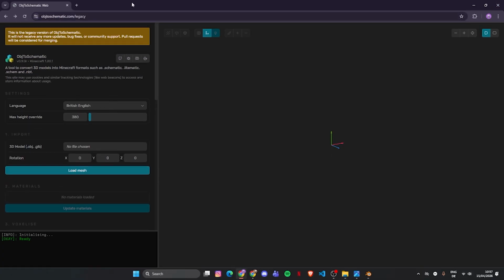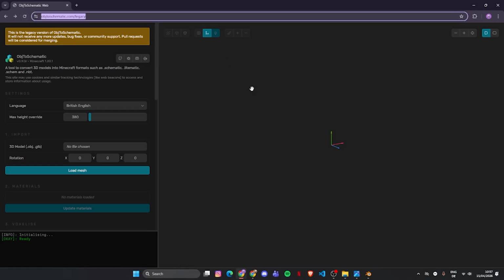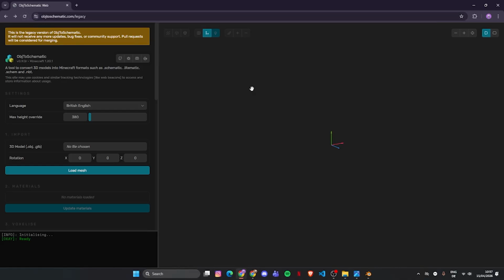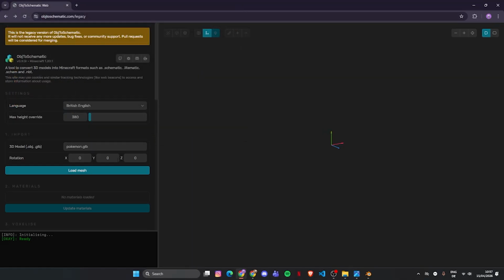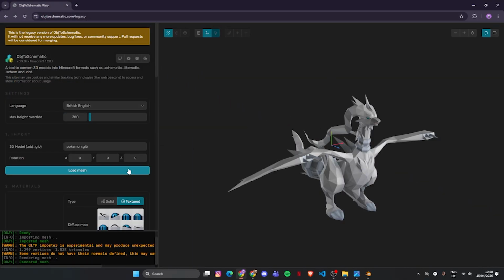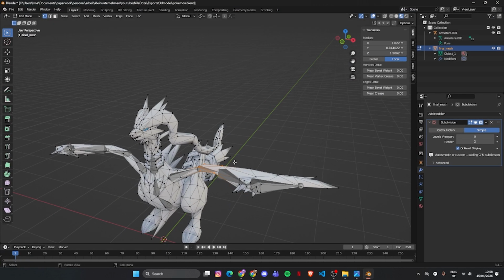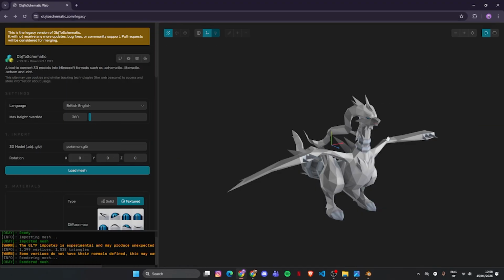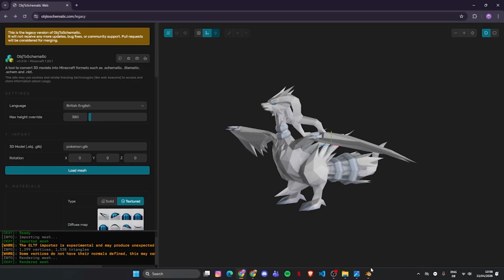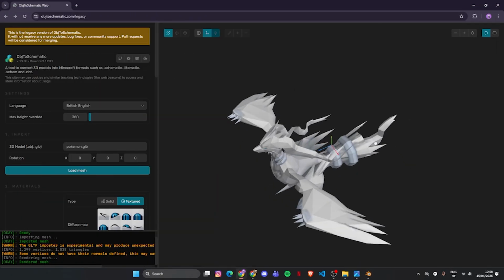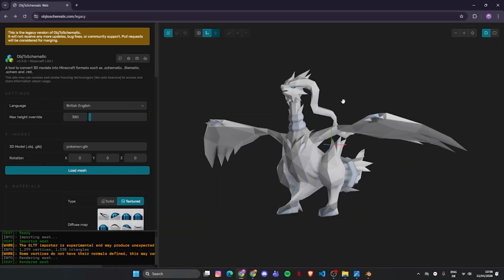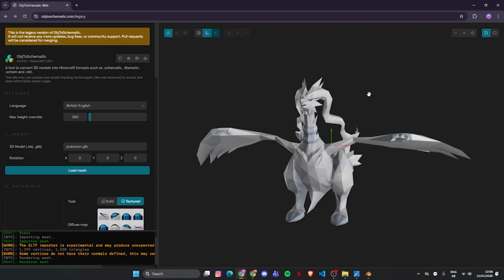So once we're in the legacy or editor, I don't really care, it's pretty much the same dynamic. What you're gonna do is you're gonna upload your GLB, you're gonna open it and you're going to click load mesh. This is gonna load the object or the 3D model that you've made in Blender. If you're wondering why it's so weird and looks so boxy in a way, it's because of how this actual 3D object is made. I'm not gonna get into the depths of how to use this website or this editor,